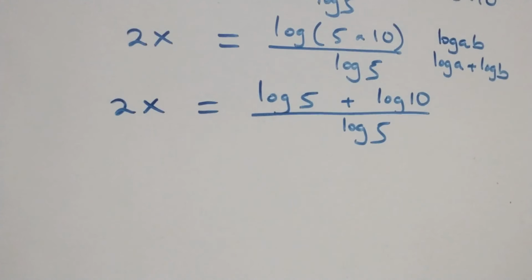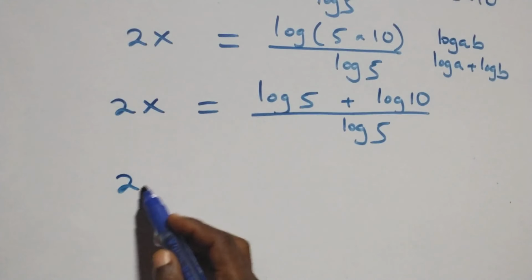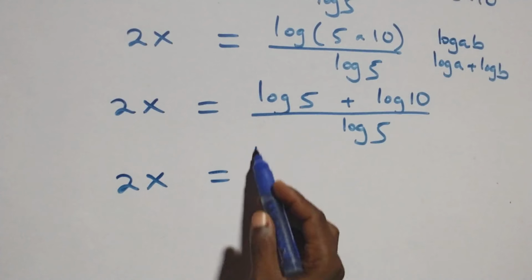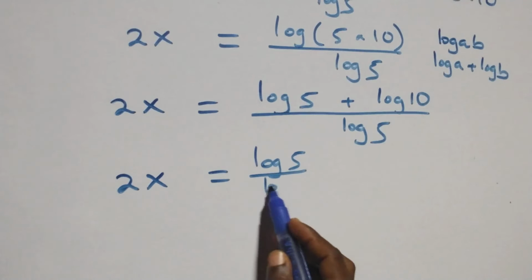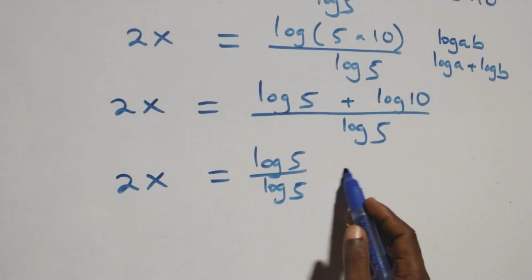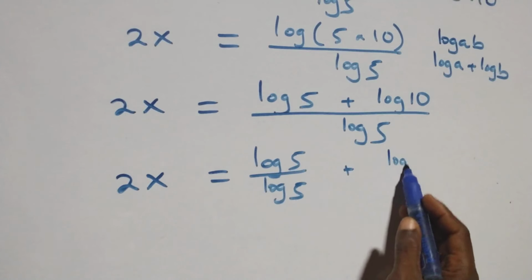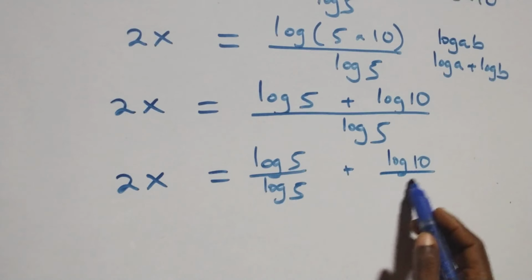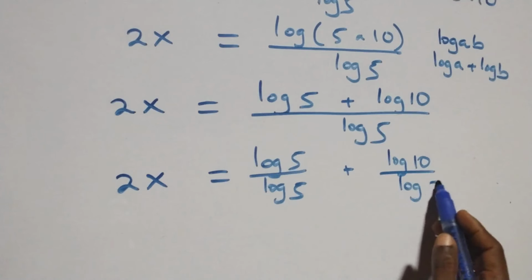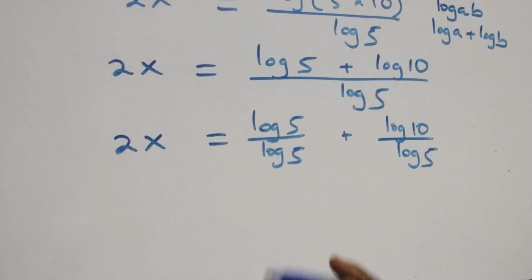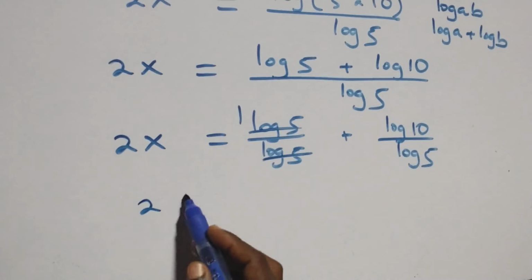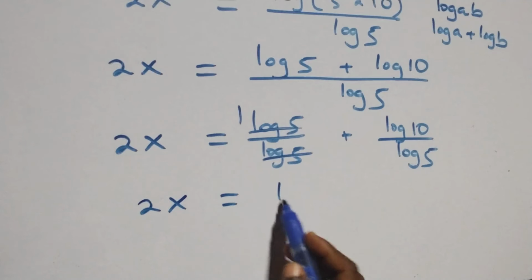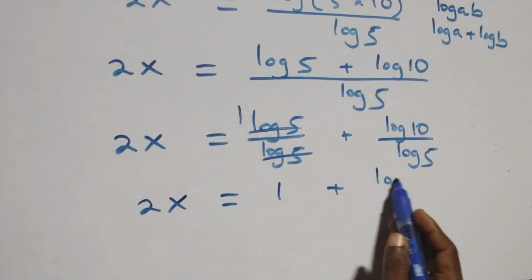Then here we separate this into two fractions. We have 2x equals log 5 over log 5 plus log 10 over log 5. Then here, log 5 cancelled each other. We have 1 left here, which implies 2x equals 1 plus log 10